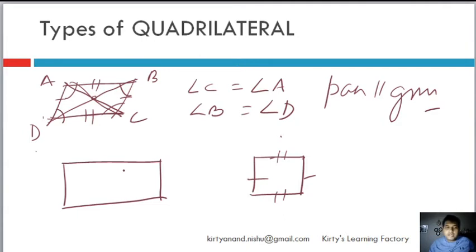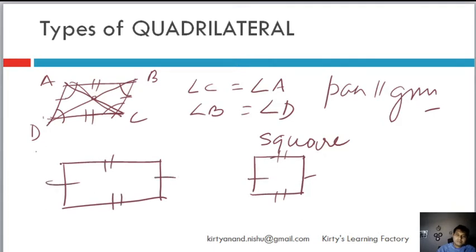Simple. Diagonals are also of equal length. They bisect each other. So a square is a parallelogram. Similarly, a rectangle is also a parallelogram because opposite sides are equal and opposite sides are parallel. Opposite angles are also equal because all angles are 90 degrees. So both square and rectangle are parallelograms,